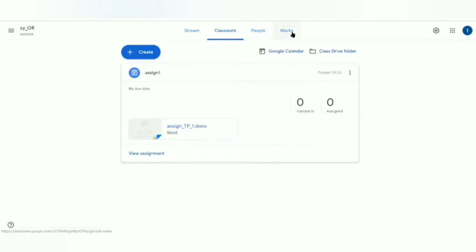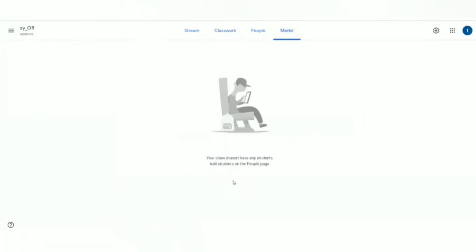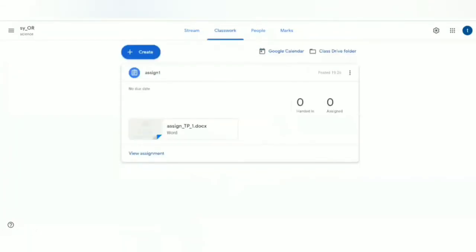When students join your class, they can submit the assignment also, and then you can give marks to your students. So right now there are no students who have joined the class. So we cannot do anything further. But once you get the students who have submitted the assignments, then you can work on this feature also. Now let us see. So this is how teachers can use the Google Classroom.